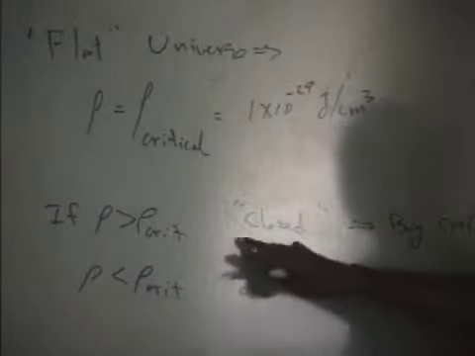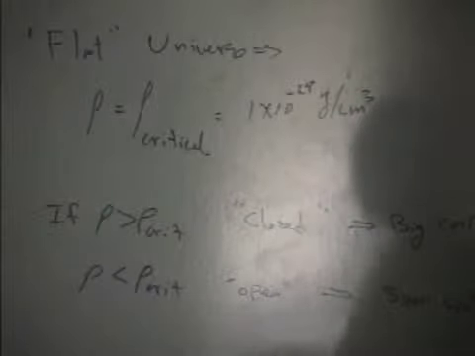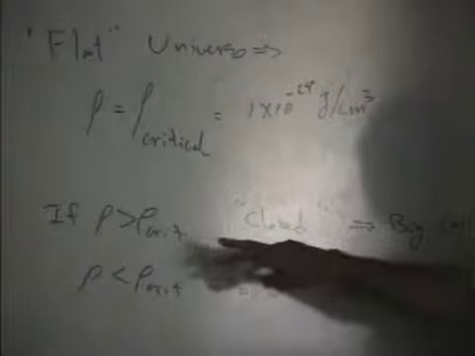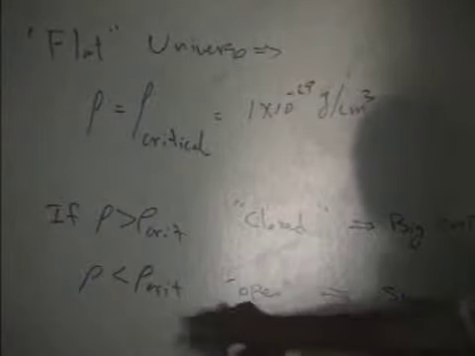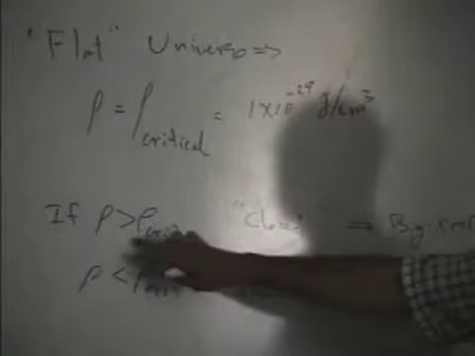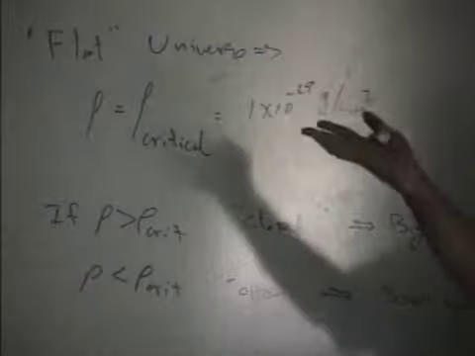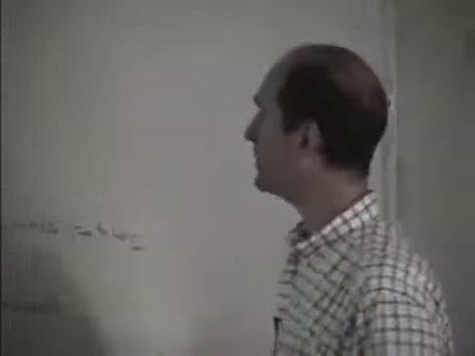This is a bizarre thing that I'll get to in a second. A few years ago, that was exactly what people believed, and this is the way I was trained. But it turns out that it is possible to have a universe which has less than the critical density, but could collapse, or a universe that has more than this critical density, and it could expand forever. And I'll try to get to that in a moment. This is the modern Copernican revolution. Okay, so let me try to explain what I mean.